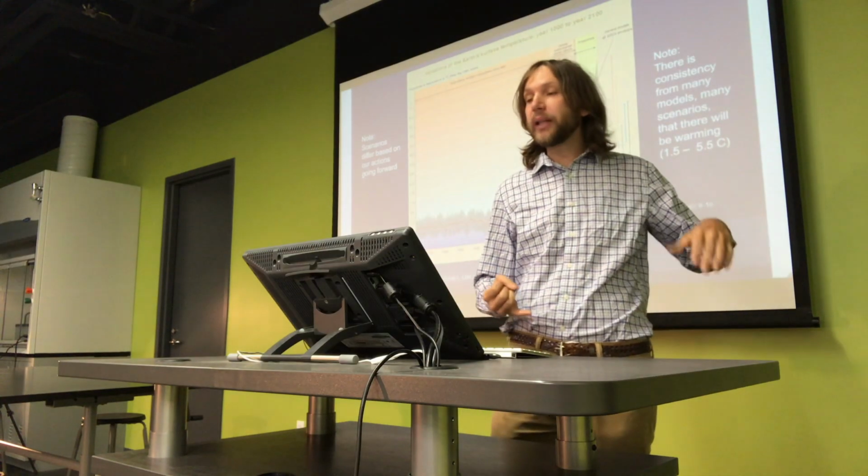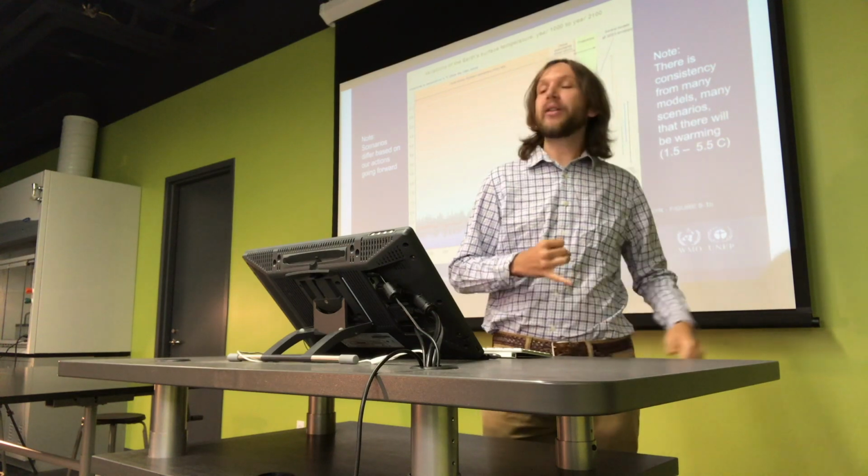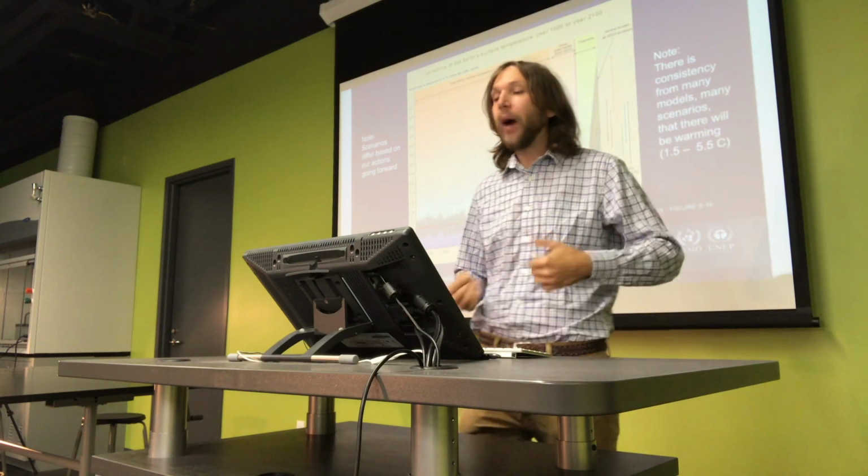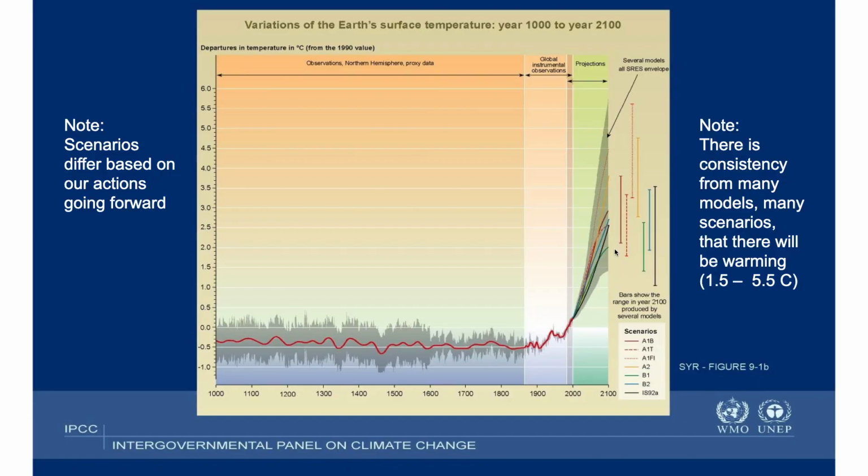If we understand completely how the climate system works, and we understand completely what the initial conditions are, the outcome is going to be radically different if we stop burning fossil fuels tomorrow, or if we accelerate our consumption over the next 100 years. And so when we look at our uncertainty in the climate model system, the biggest cause of uncertainty that we have is not caused by not understanding how climate works. The largest cause of our uncertainty is we do not understand what humanity's actions are going to be. And so in the outcome of what's going to happen with the climate, the largest factor contributing to what happens